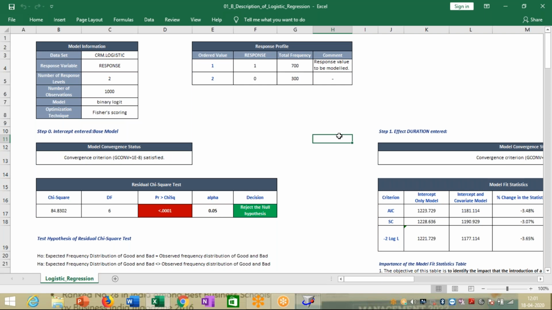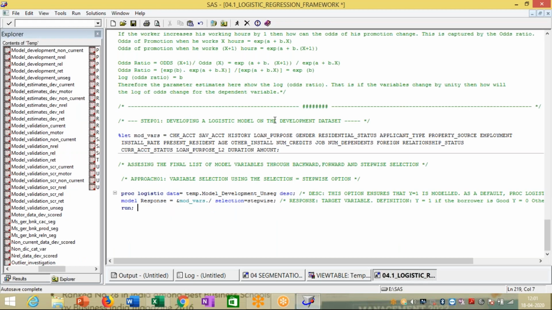This report is based on a separate data set, a separate version of the German bank data where we have all the records. But given that over here we are looking into the development data, and we want to also validate it and get a more detailed picture of the behavior of the regression model framework,